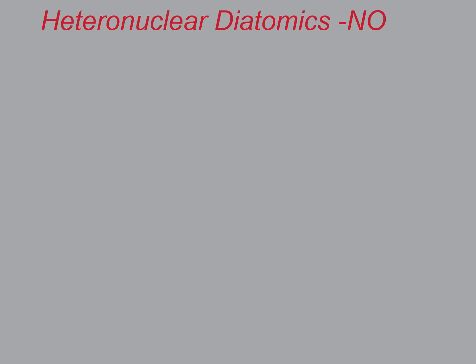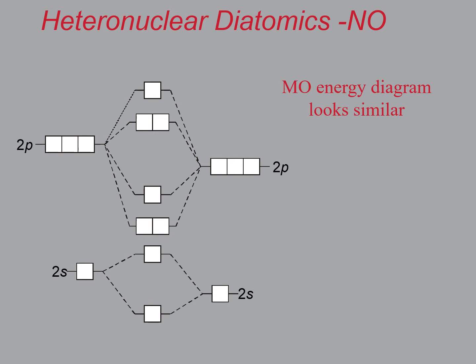Last topic. What about heteronuclear diatomics? So there is more to life than homonuclear second row diatomics. Now for this class, as far as we're going to go is heteronuclear second row diatomics. So as an example, nitrogen monoxide, NO. If the elements are different, but they're still both second row elements, the energy level diagrams look for the